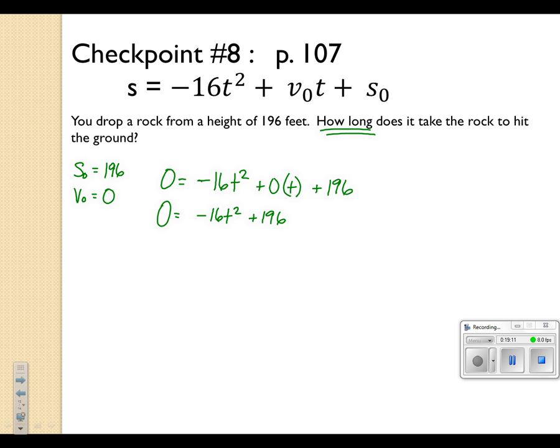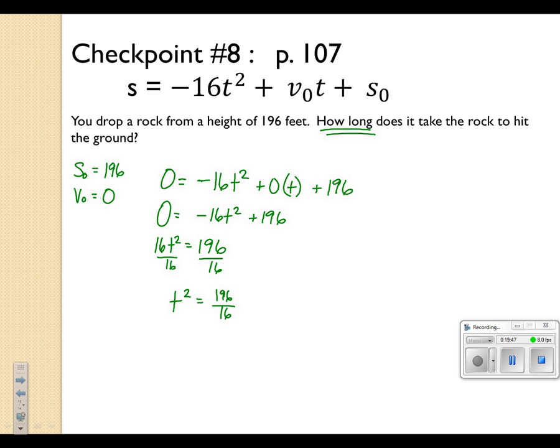Looks like we've got a quadratic. We've got the t squared term in there. There's only 2 terms, and I don't see a difference of perfect squares, maybe, or it's negative right now. I'm going to move my negative 16t squared to the left. Okay. Now if I were to get rid of the 16, I would have isolated my squared variable, and I can then extract the square. So that's what I'm going to do. I'm going to divide both sides by 16. So now I have t squared is equal to